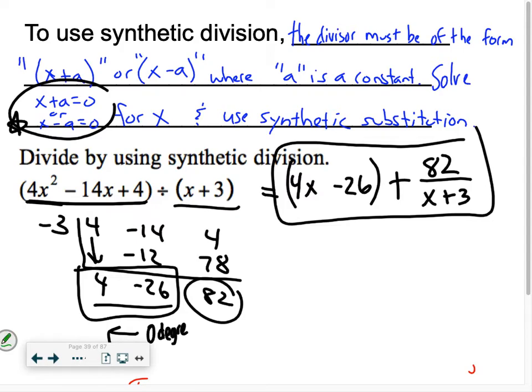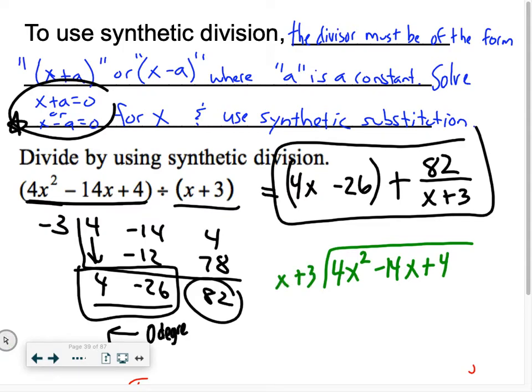And I'm going to show you the long division method. The long division method always works, but is generally a little longer. When it's in this form, you should use the synthetic division because it's much quicker. So once again, doing the same division problem the alternate way, I divide 4x squared by x to get 4x. So that's the divide step. I multiply 4x times